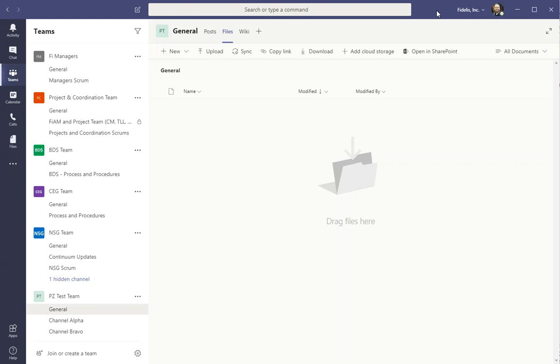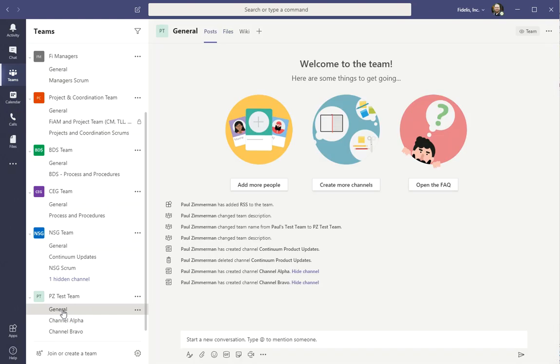Hi, this is a quick tip on how to synchronize files using the OneDrive for Business client from either Microsoft Teams or SharePoint Online. In your Teams client, if you go to your team and go into any one of your channels, in this example, click on the General